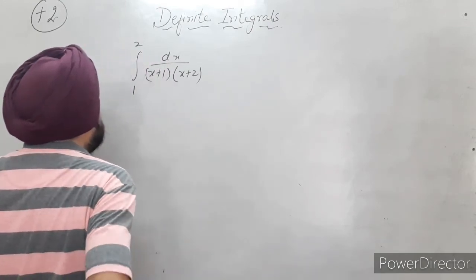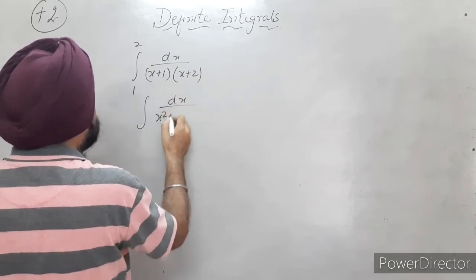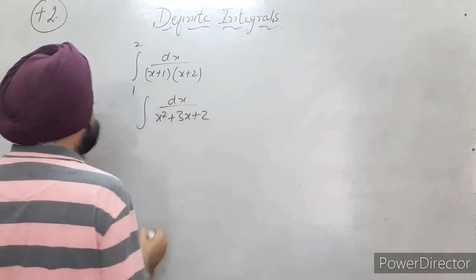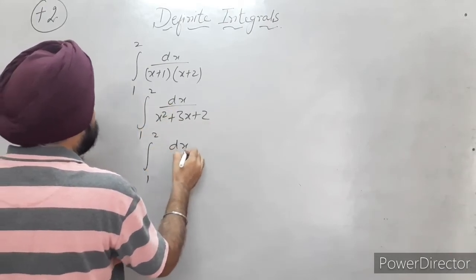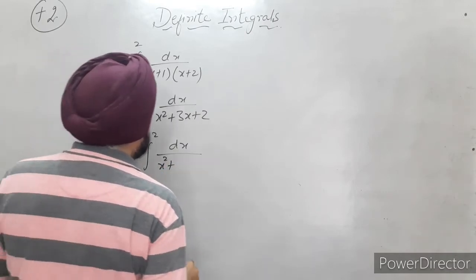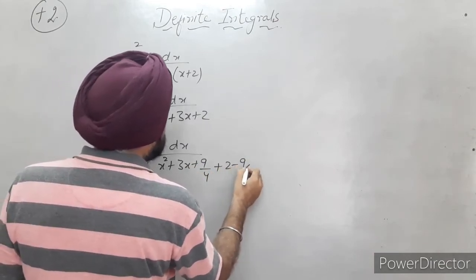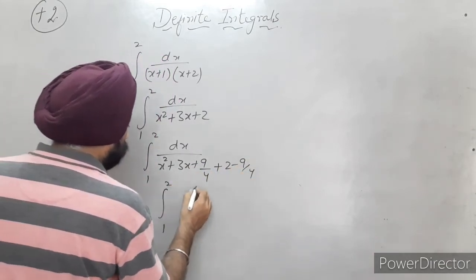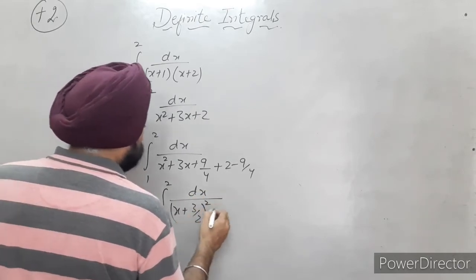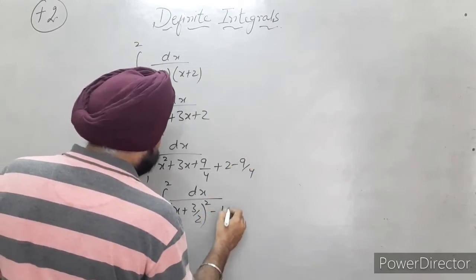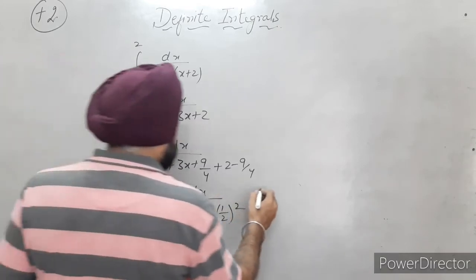So I can do it like this: x square plus 2x plus x, that is x square plus 3x plus 2. The simplest way is just to complete the squares. The integral from 1 to 2 of dx upon x square plus 3x plus 9 by 4 minus 9 by 4. I get the integral from 1 to 2 of dx upon (x plus 3 by 2) square minus (1 by 2) square. Directly the formula for x square minus a square is 1 over 2a